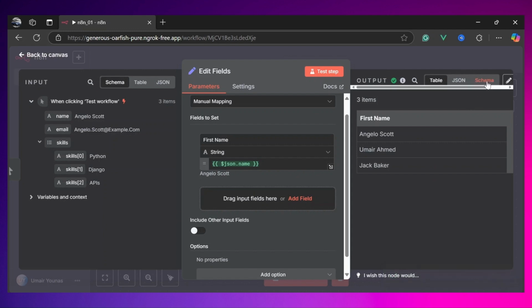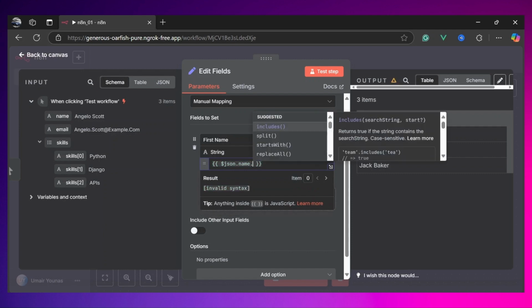So just go back to the schema, and now I'm going to extract only this first part from this whole name. So let's think about it step by step. First of all, I need to split this whole full name based on this space. So how to split it? It's very simple. All I need to do is to write here dot, and then you can see we have this split function. So just write split,